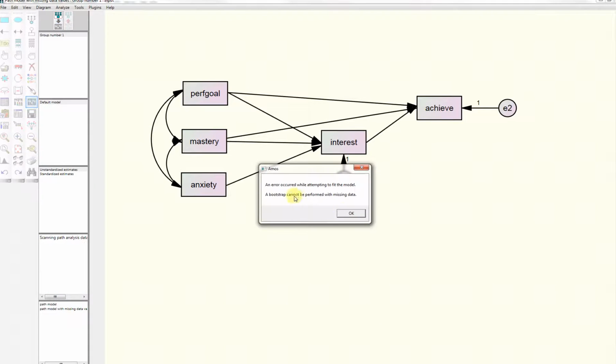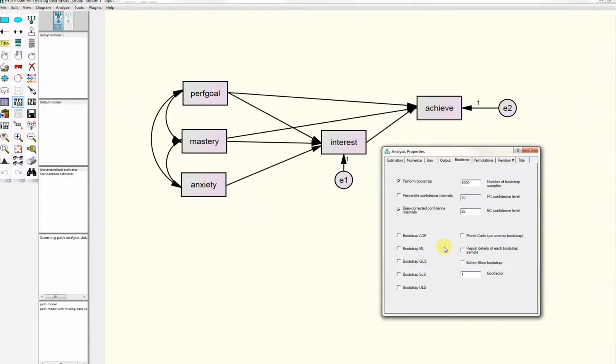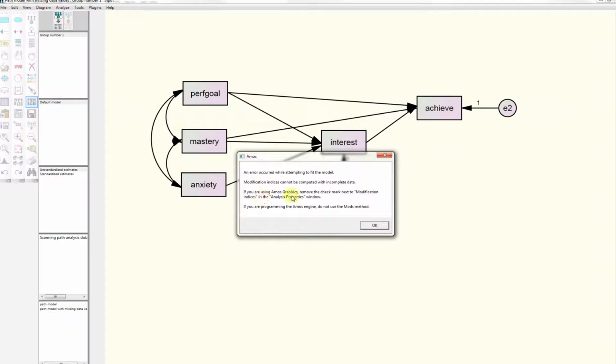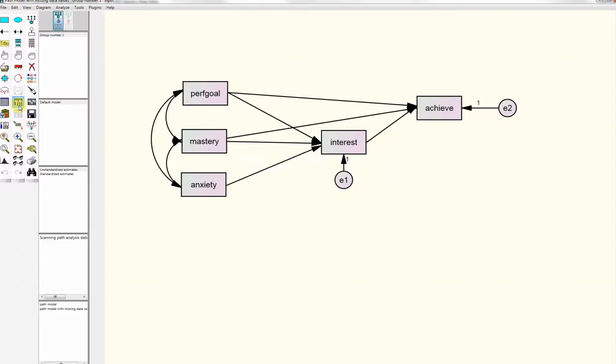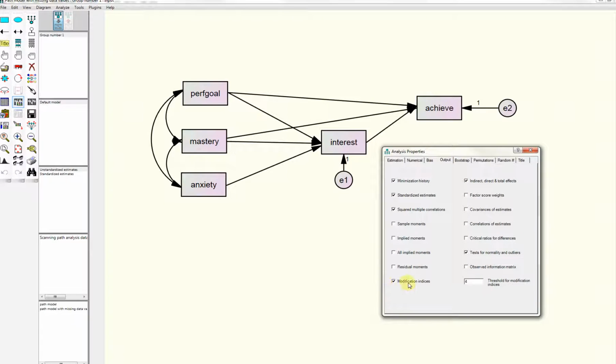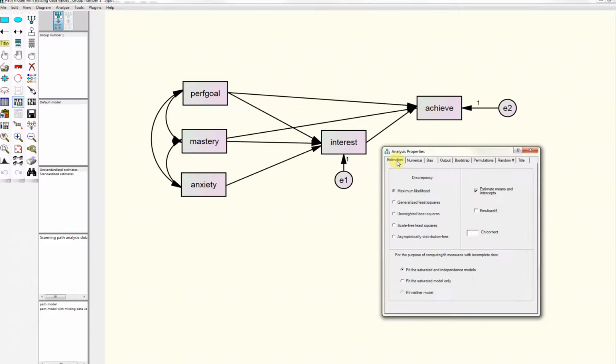It says I can't perform a bootstrap if there's missing data in the data set, so I have to click out of that and make sure it's not clicked. If I do it again, you can see that the modification indices also have an error message. So I can't have the modification indices specified as output. Everything else so far is pretty good, but those two things I can't have if I have clicked on